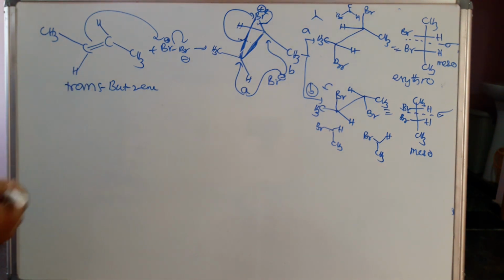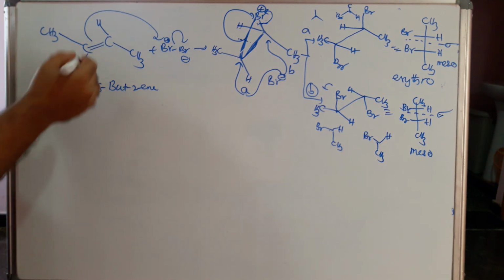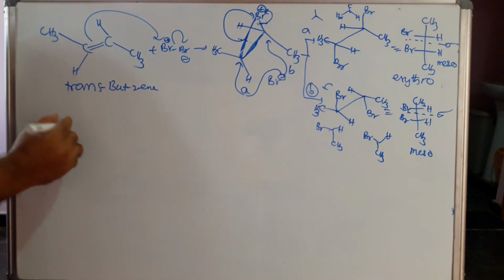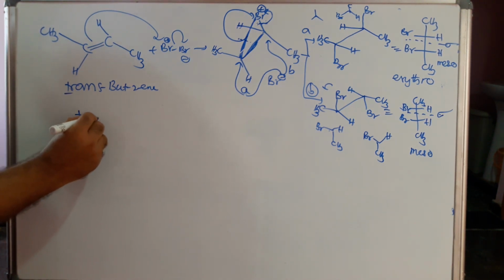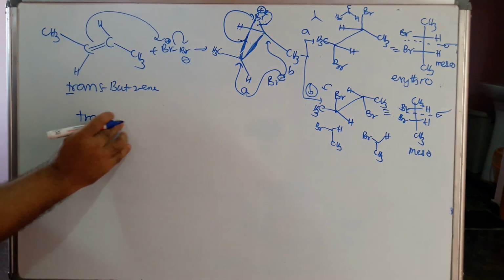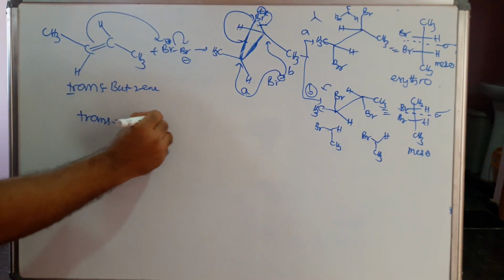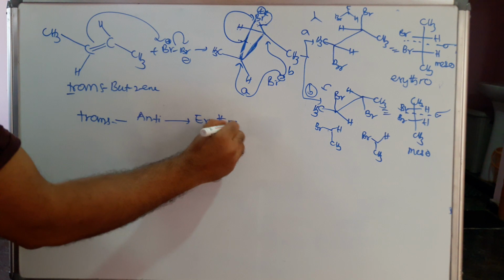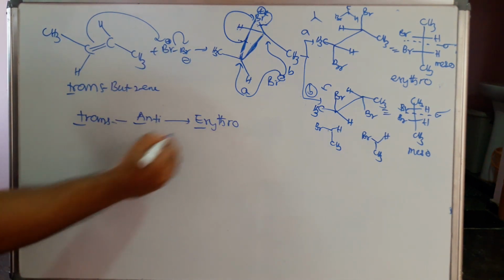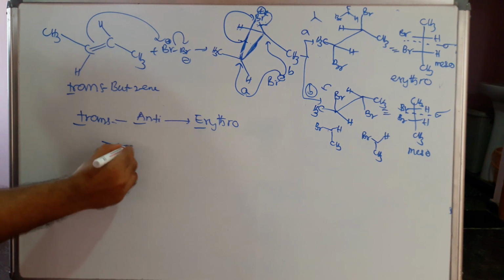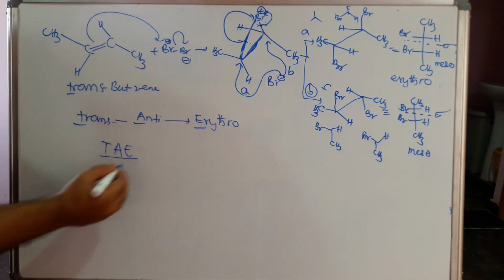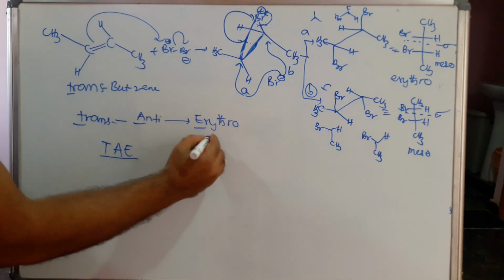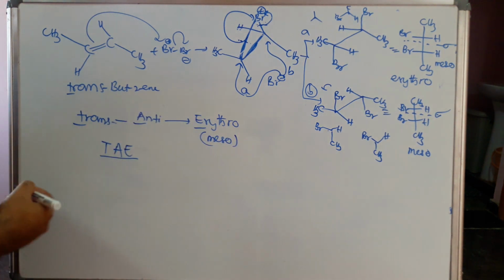So this is trans respective. When we are discussing the cis and trans with this methyl group same, then here what is it? Trans, generally this is anti-addition, and we get the erythro form. How to remember? TAE, T for trans, A for anti, E for erythro. So when trans gives the erythro form, erythro generally which one? Meso. So generally it gives the meso, and the threo form will give the racemic mixture.